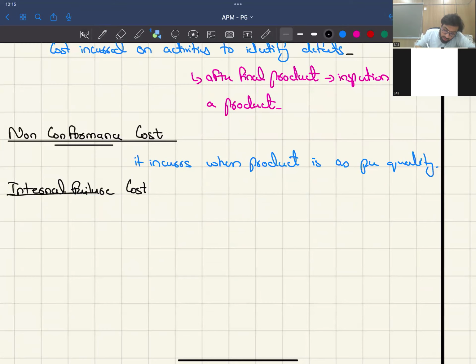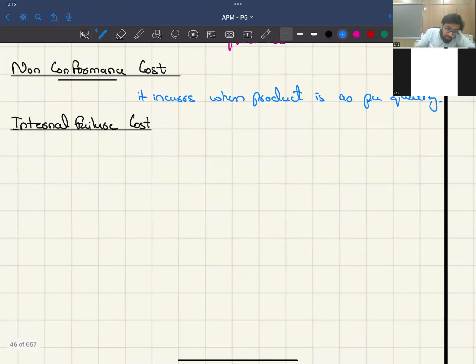It's simply the identification of defects in the product, not in the customer, obviously, in the product,